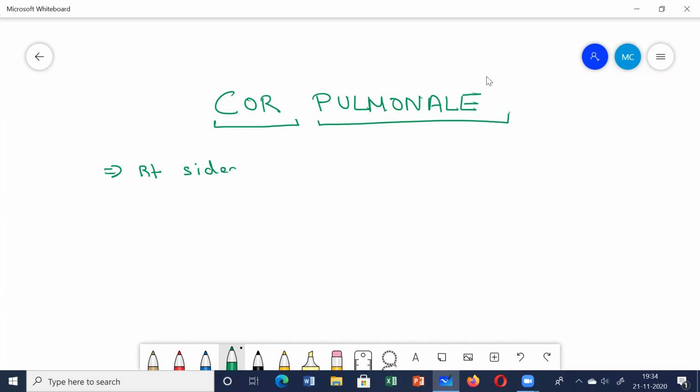Now here you need to remember one thing very clearly. Last time, when I was talking to you about heart failure, I had told you that mostly the cause of right heart failure is left heart failure. Initially there is a volume overload in the left ventricle. There is back pressure from the left ventricle to the left atrium, from the left atrium to the pulmonary circulation, and then from the pulmonary circulation to the pulmonary artery. Gradually this pressure is transmitted backwards, and then there is a pressure overload in the right ventricle,